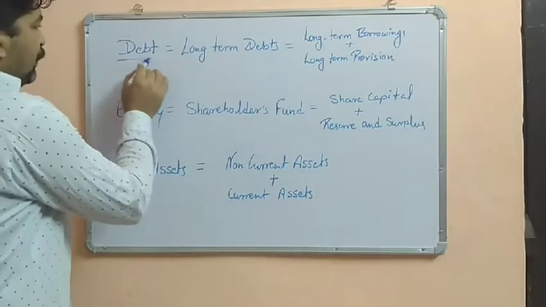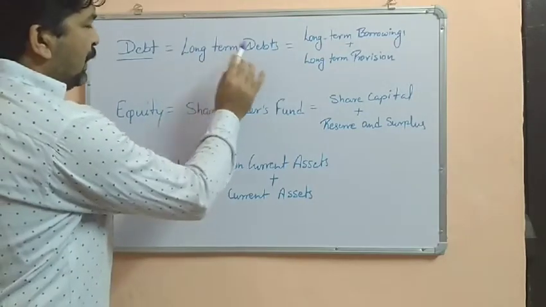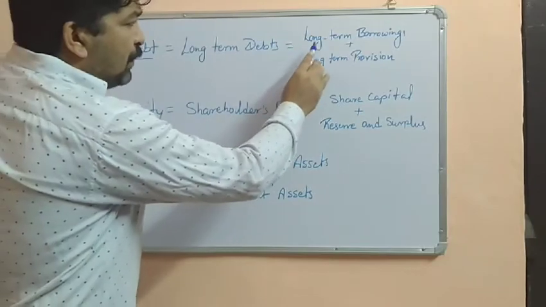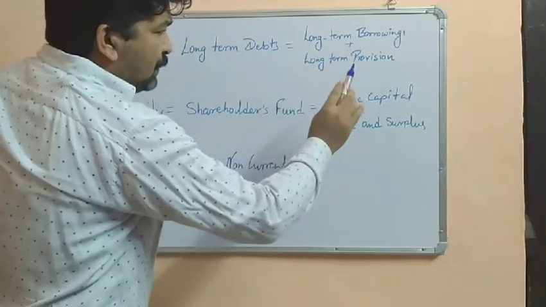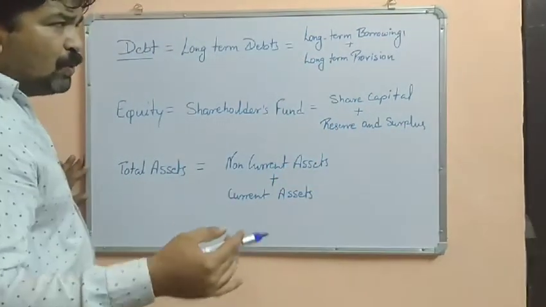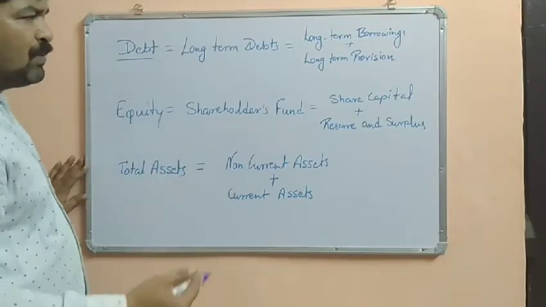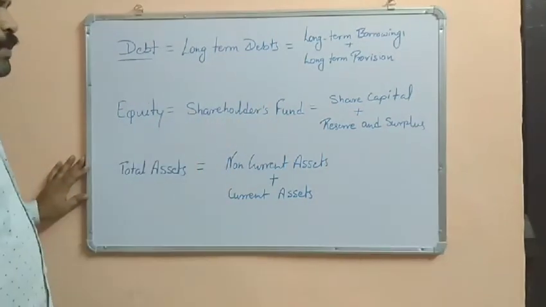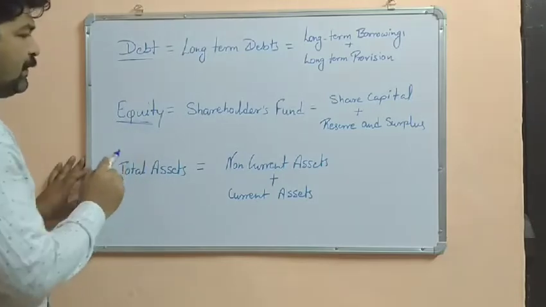First is debt. Debt is long term debt. Debt includes what? Long term debts. It consists of long term borrowings plus long term provisions. Long term borrowings like debentures, long term loans whether taken from a bank or some other outside parties, or from some other places which are outside the business. Okay. Equity. Equity includes